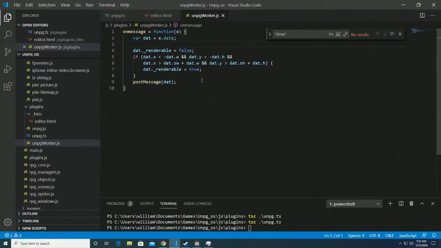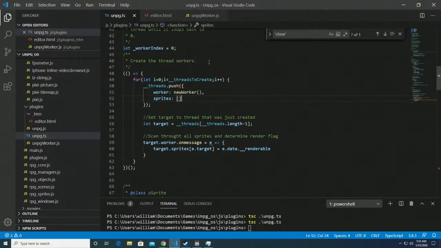Is there a way to find out how many threads a computer has? With Node.js, yeah. But with regular JavaScript,